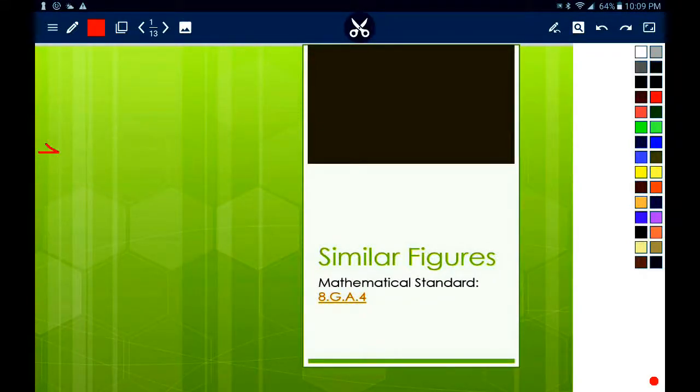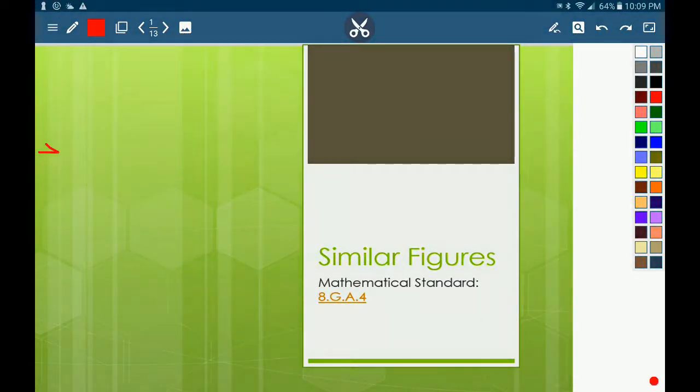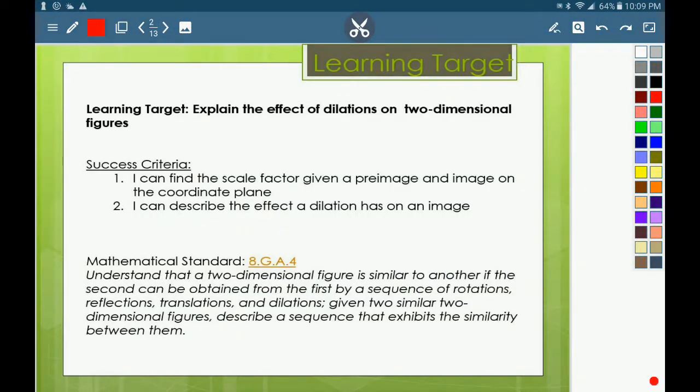Alright guys, welcome back. We're going to be talking about proving that figures are similar today, so working with similar figures. Our learning target is going to be to explain the effect of dilations on two-dimensional figures. Specifically, we're going to be dilating towards the end of our sequence. Okay, so we may do reflections, we may do rotations, and we may do translations, but we're going to end up dilating at the end to show that the shape has gone from moving around the plane and being congruent